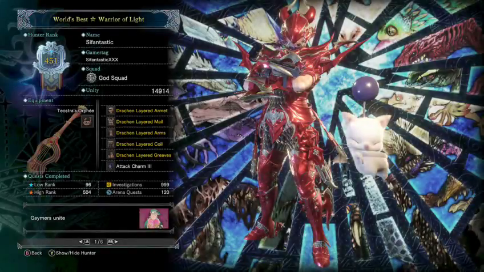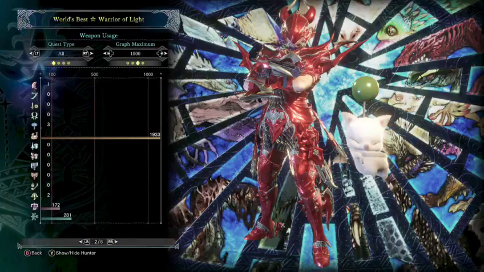So right now I'm rank 451. And I've done over 999 investigations and 120 arena quests. And if we see the weapon usage, I am using Hunting Horn essentially to speedrun every single monster. So I have almost 2000 usage of Hunting Horn. And I do have 172 usage for Heavy Bowgun, and I think most of them are Kulve Taroth hunts, and a few of them were actually from the piercing bowgun that I made from the Kulve Taroth weapon, which is